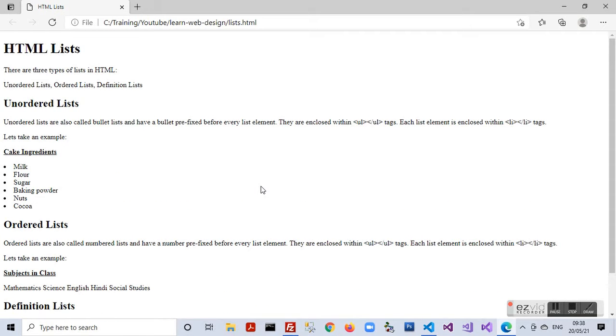Moving back to the browser, I'll refresh it and see that all these particular list elements are properly formulated with the bullet mark on the left hand side: milk, flour, sugar, baking powder, nuts and cocoa. So now we come to understand that unordered lists can be created with the UL tag and each list element has to be enclosed within li.